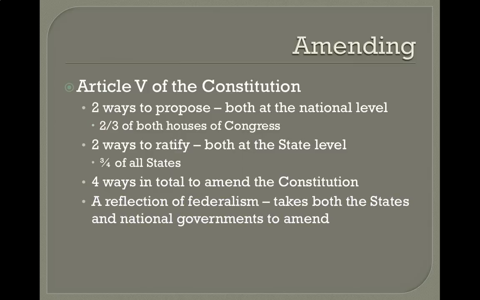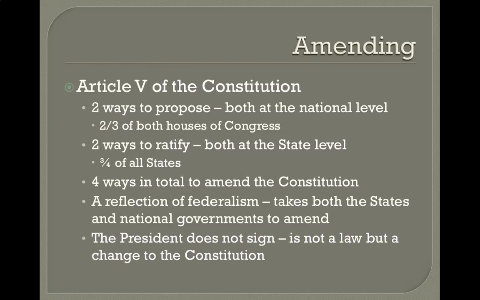We haven't talked about federalism, but we have talked about the difference between a confederacy and a federal government. And we talked about how in a confederacy, the states were sovereign. But in a federal government, the states and the national government share power. And so when we look at this amending process, it is a reflection of federalism because the federal government can't change it by itself, and the state governments have to share that power. So it takes both of them, the national and the state government, to amend that.